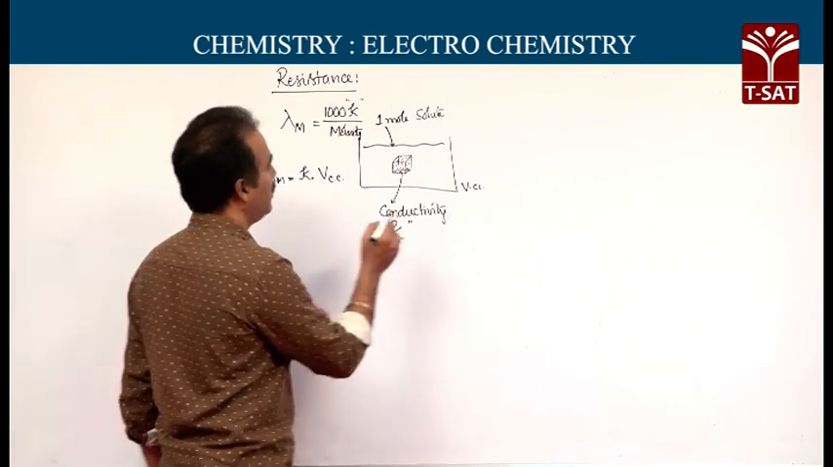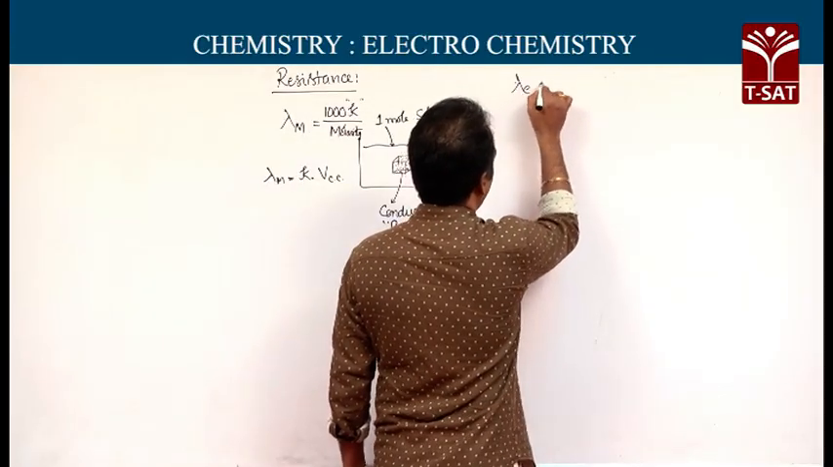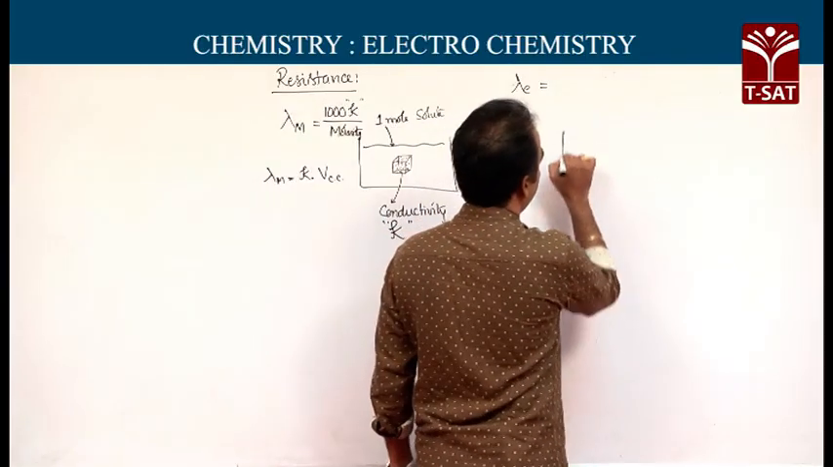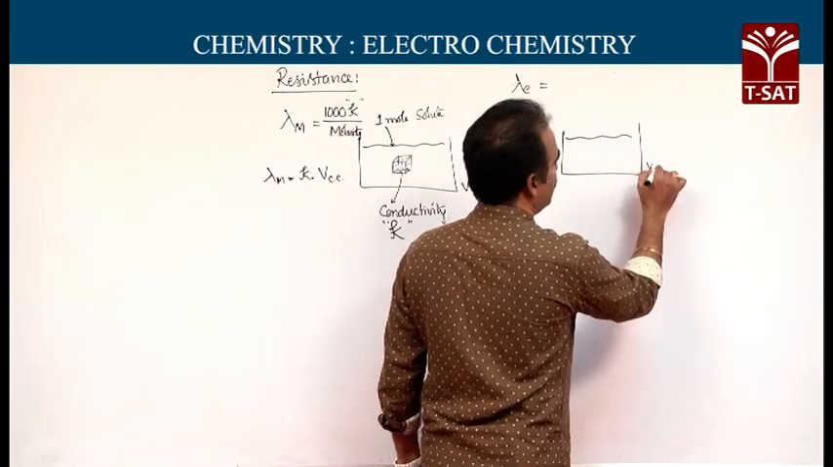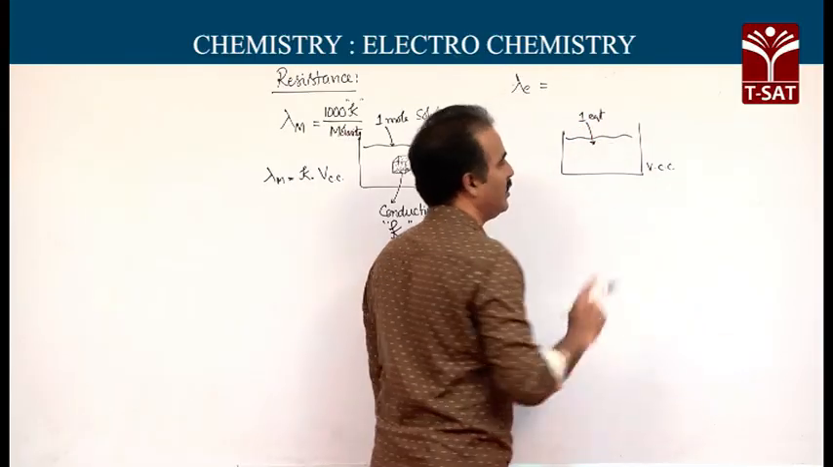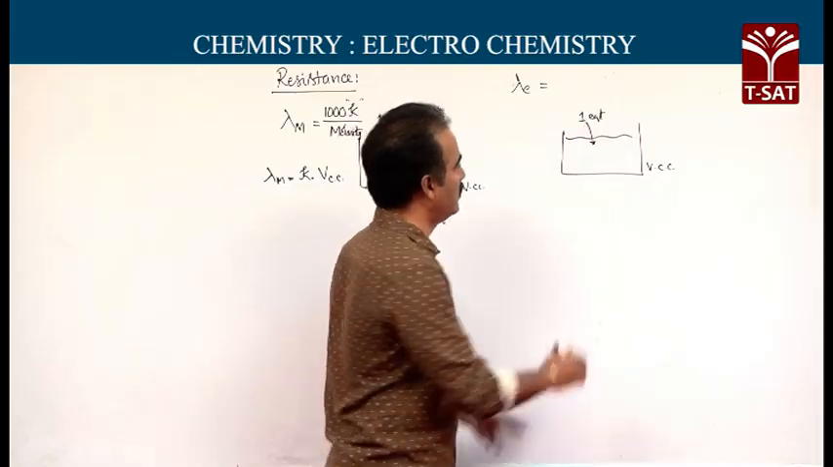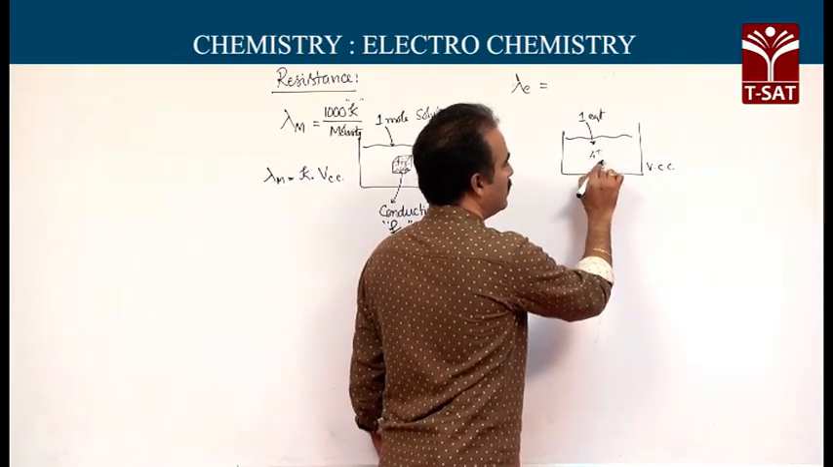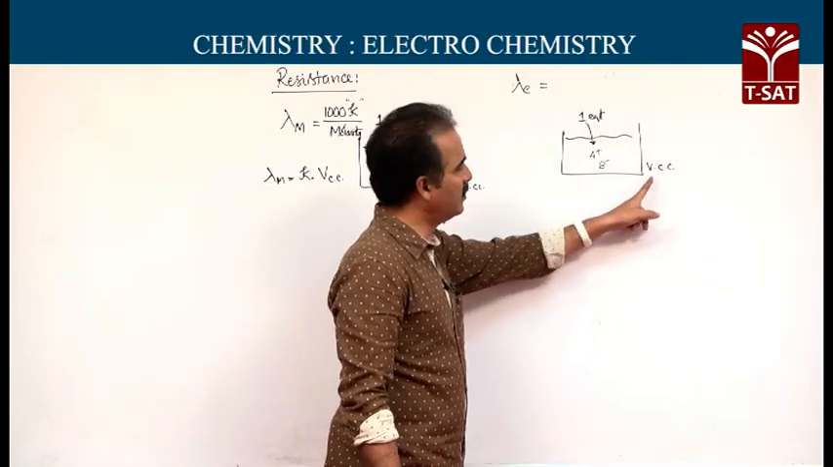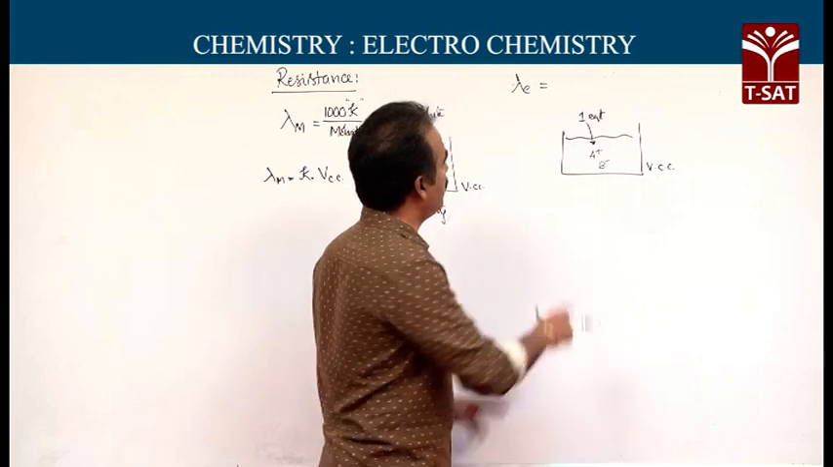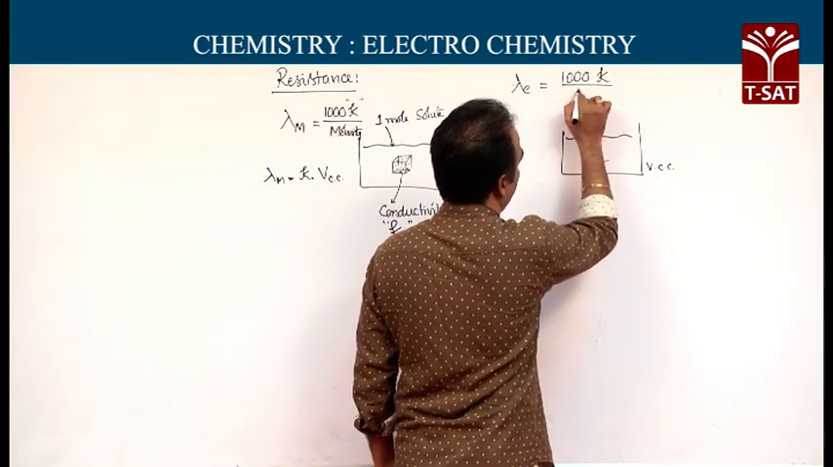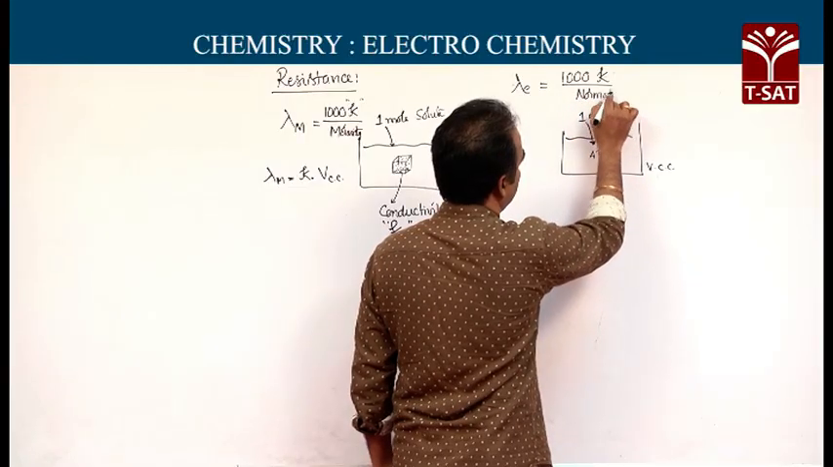Then what is equivalent conductance? Equivalent conductance is defined as: take some V cc of solution, and add just 1 equivalent of solute, and that also will give ions. The conductivity shown by all these ions, that is 1 equivalent of electrolyte in V cc of solution, is called equivalent conductance. It can be calculated as 1000 K by normality. Normality is the